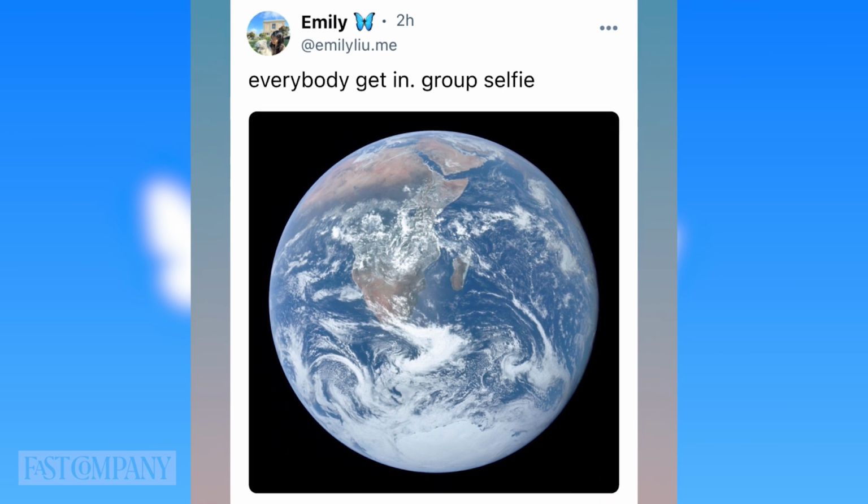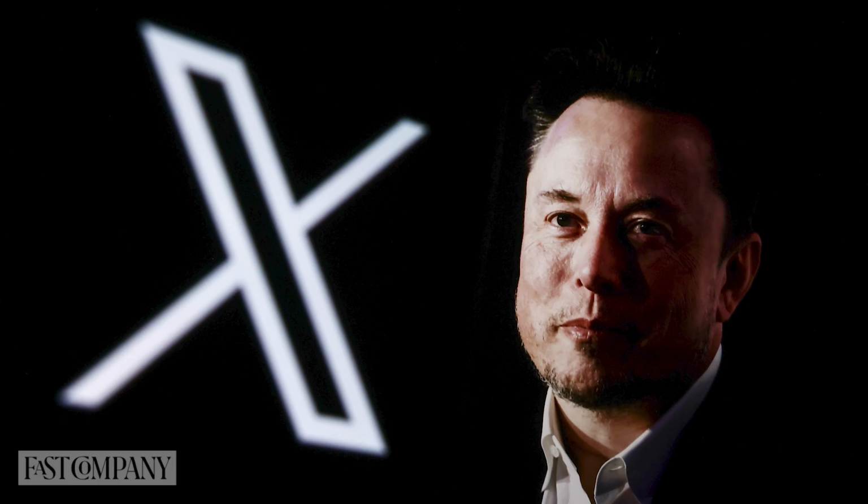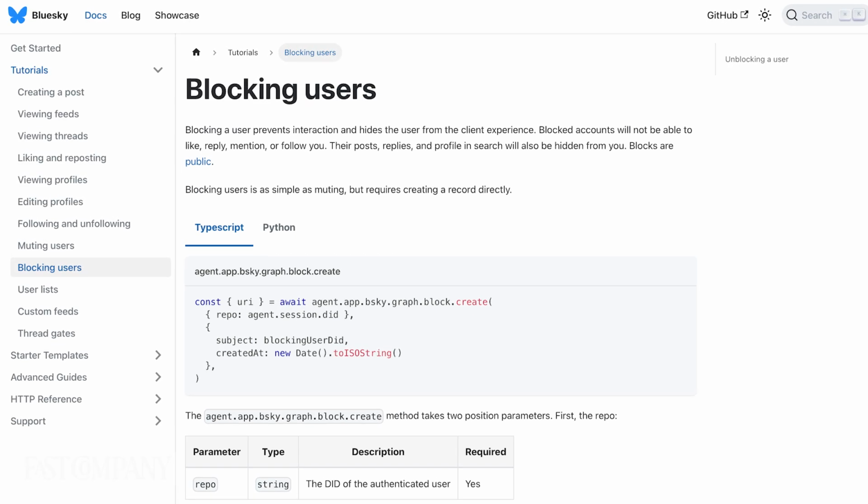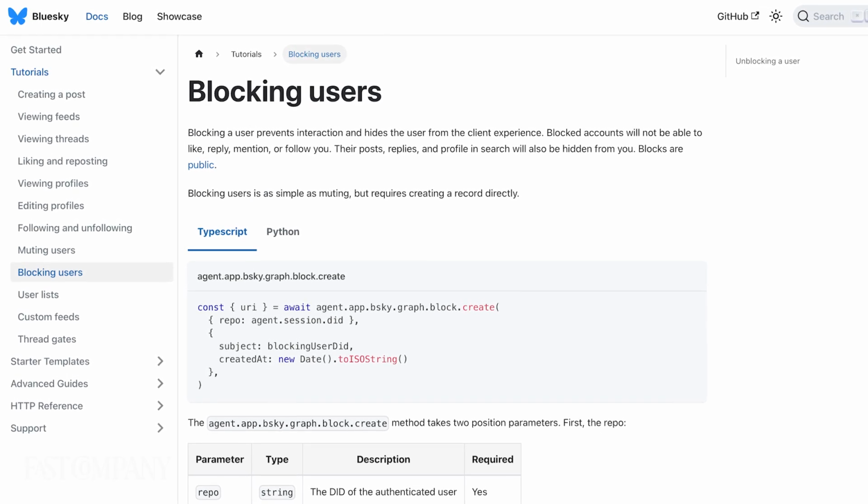That's very different from the X algorithm, which seems to prioritize posts by its creator, Elon Musk. And because users can create their own algorithm, they can basically develop their own moderation policies. Users can block followers and use tags to screen unwanted content. So all content on Bluesky is customizable. And if a user's content is flagged as offensive by some users or toxic by others, Bluesky doesn't necessarily just kick them off the platform.